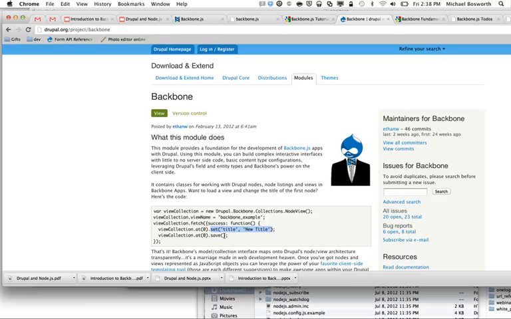Personally, for the project that I was working on, I didn't really need this. I initially jumped into it and started to try to implement it. And what I didn't like about it was that all this wrapper code that they were putting around Backbone made Backbone, I think, a little bit more cumbersome than it needed to be. So that's okay. Another way that you could go about implementing Backbone for Drupal is just to write a custom module and say, for /home or /Backbone or whatever I want to use to kick out my Backbone app,